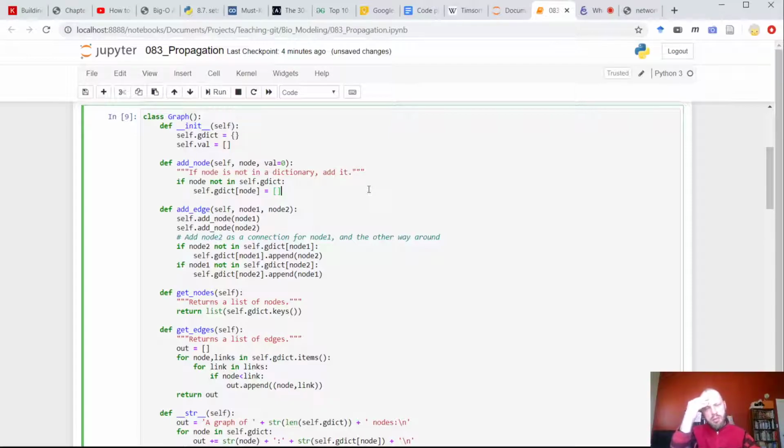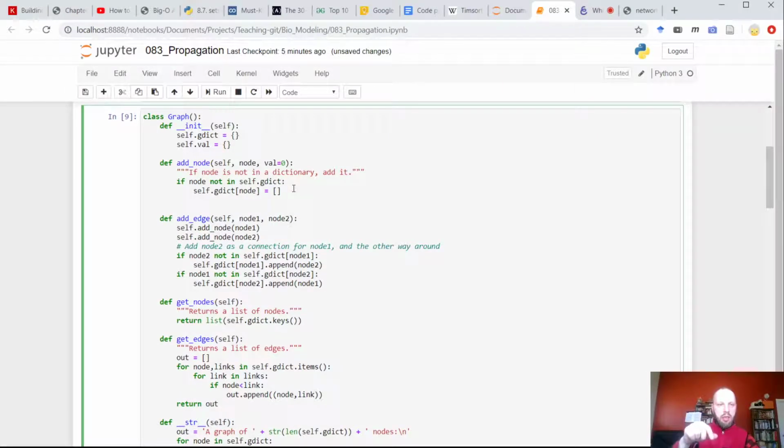Oh yeah, that's a little bit of a problem. Okay, let's make val not a list. Let's make it a dictionary as well. And when we add a node, we will do self.val[node] equals val.